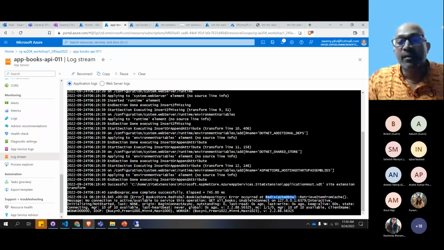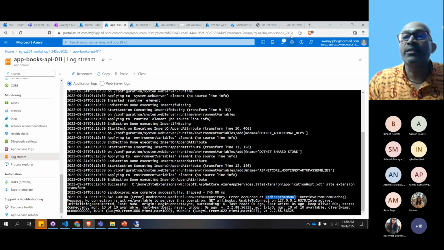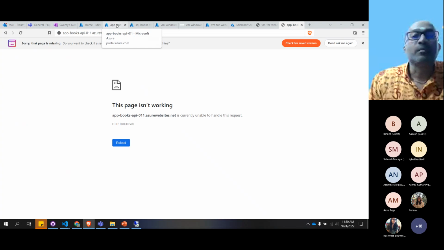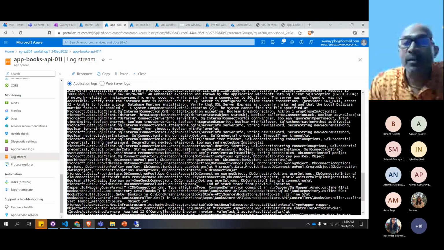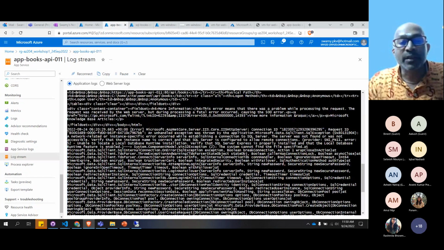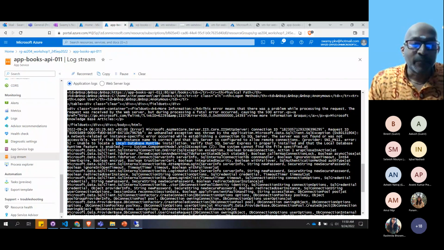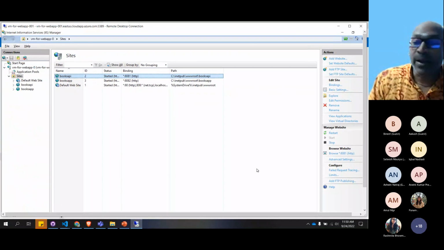IaaS, PaaS, and function as a service. OK, from Redis cache, it's going and trying to contact this one. See that it has spit out a similar error. You see an unhandled exception, it's not able to connect. So it's unable to locate a local database. The same issue we faced earlier. So we know that we can come back over here